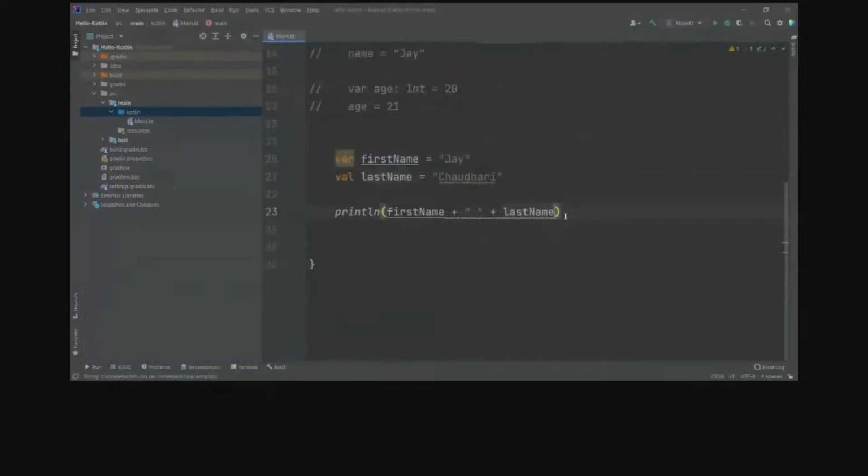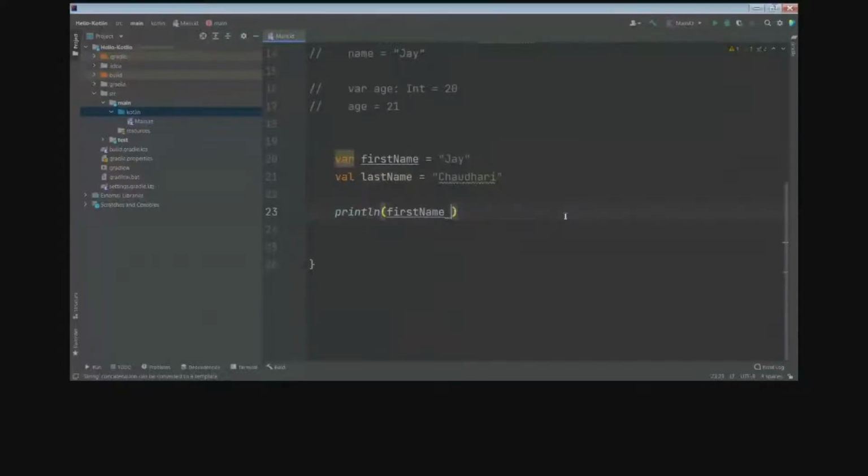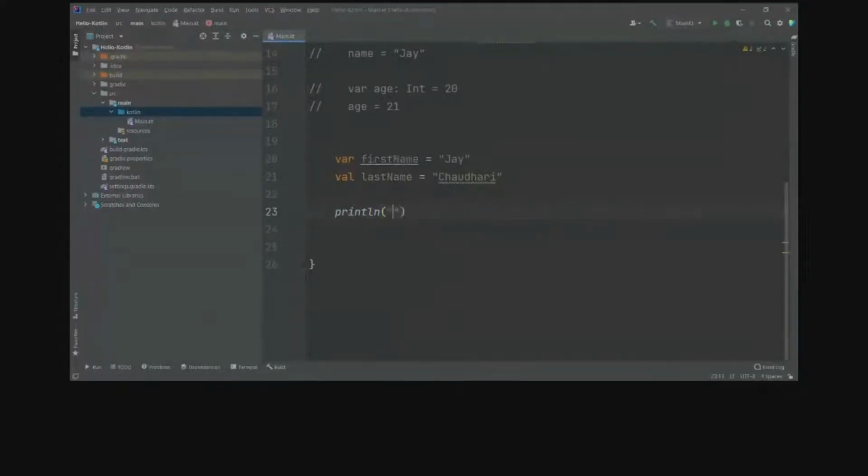Kotlin has made it so concise that you can just type whatever you want, but you can access the variable with the help of a character, which is dollar. This is a special character in Kotlin which is used to access the variable. Now suppose first name, and then I'll use it again, last name.